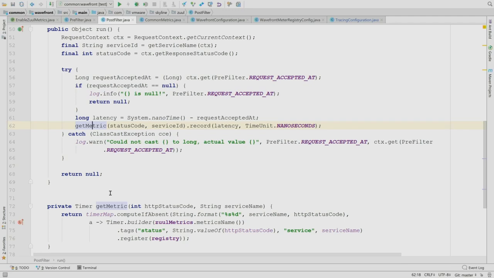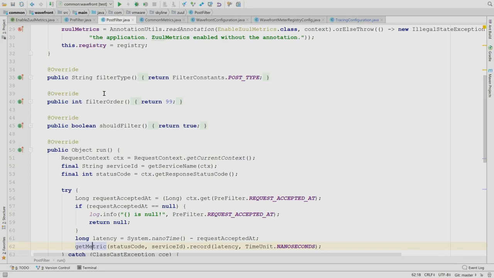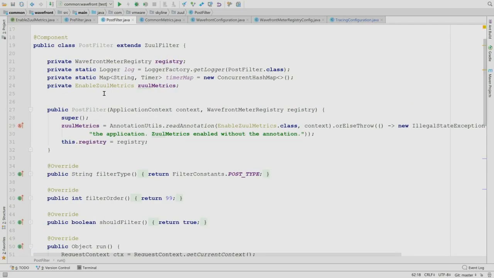So Zuul talks with your service discovery. It grabs the service that is responsible for that path and would redirect the request there. So we build different tags for this. And this is how we measure and how we capture. So all these, you can see, are 3 classes, really simple, and they're Spring Boot. So when you spin up your Zuul API gateway, you just annotate your application and boom, the metrics are there. Not yet, they would be.